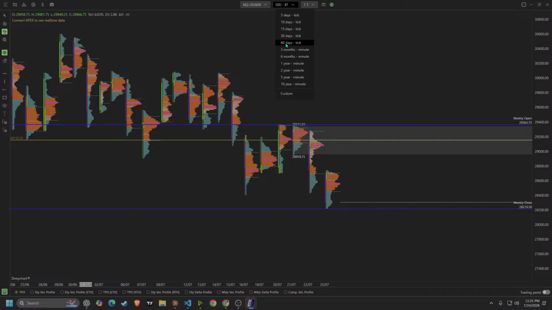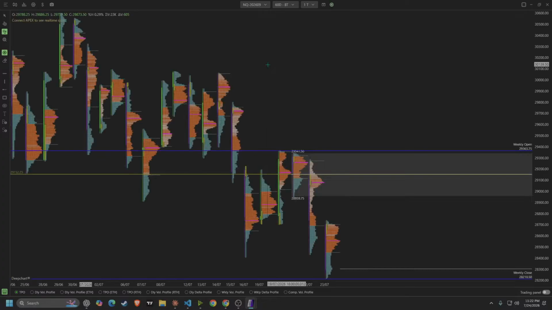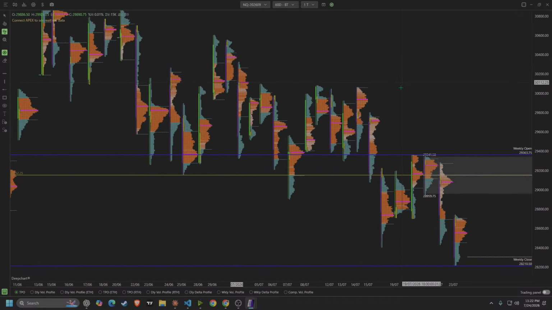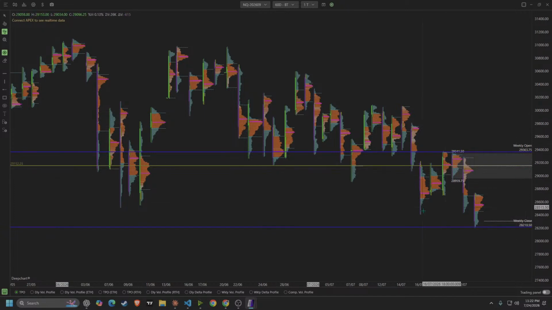Let's move it out to 60 days. This is when, depending on the memory of your system, it starts to have to hold more data in memory. So it's going to be a little slower, right? It starts to, but look here, we still don't have